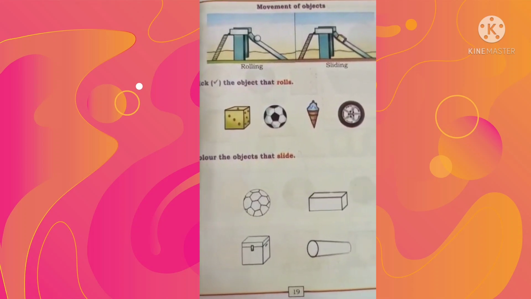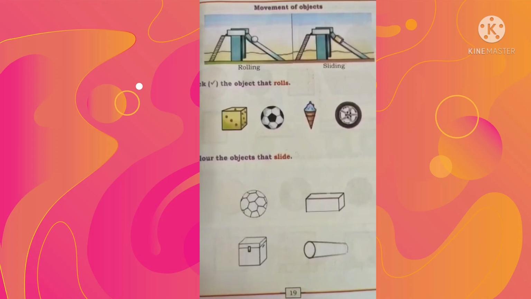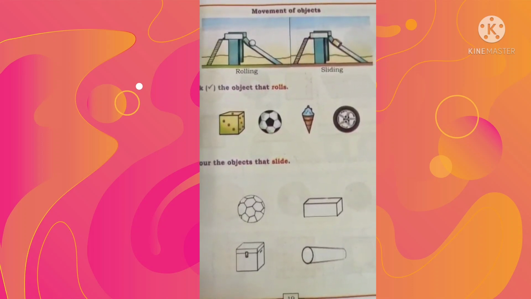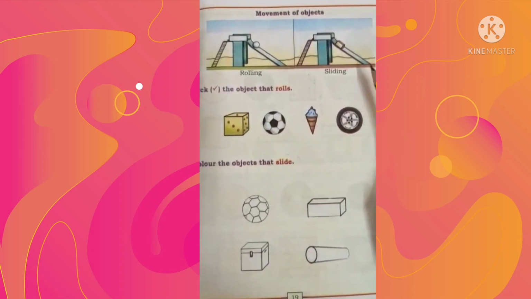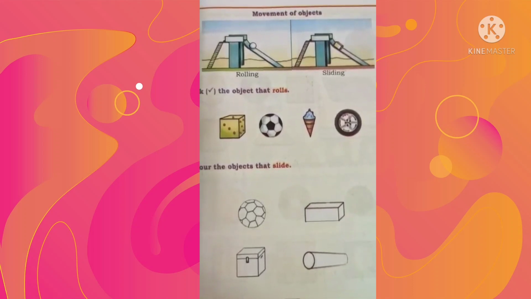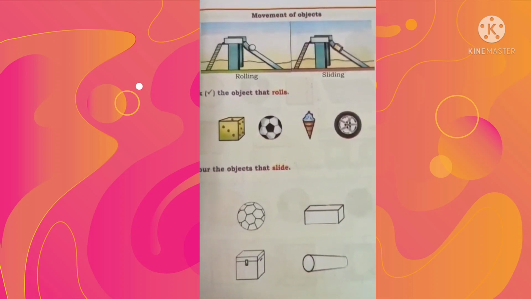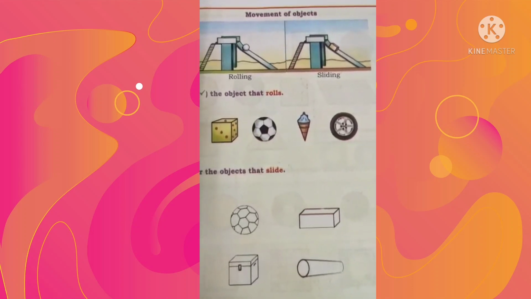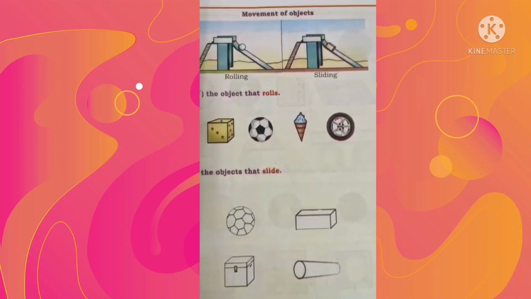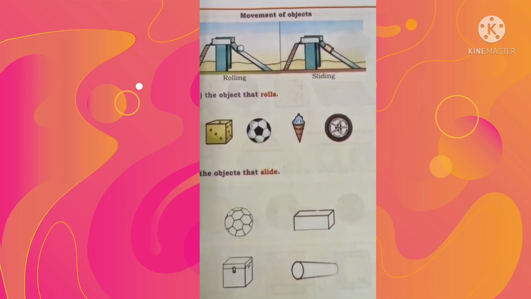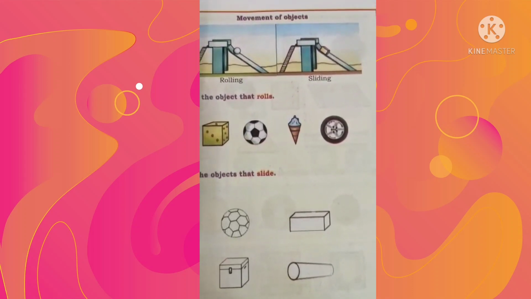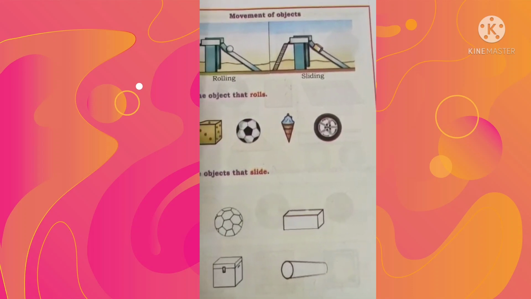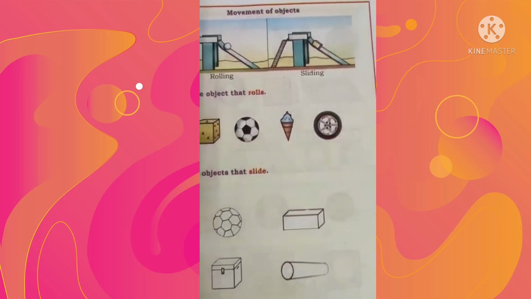Movement of objects. One object's movement depends on its shape. There are two types, rolling and sliding. Shapes affect movements like rolling and sliding. Pipes and balls roll down from hilly slopes. Round-shaped tires help vehicles to move by rolling. So we can roll round solids. We need to pull solids which are not round. So this is called sliding.